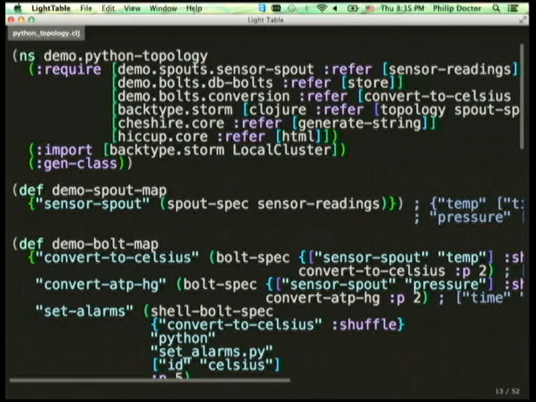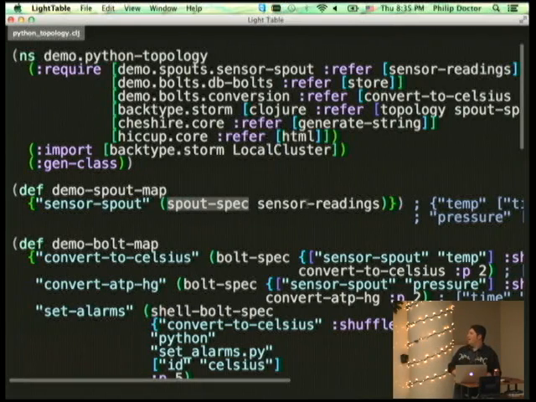So over here, we see the curly braces. Oh, maybe I should highlight code, that'd be better, rather than Phil pointing and stopping you guys from reading. Okay, so the curly braces mean we're in a dictionary. Well, that doesn't look so bad. The key to the dictionary is this string that says sensor spout, so I gave it a friendly name. And then what is the value? It's this spout spec thing, which is just the name of some macros. You don't have to worry about it. And then the implementation of that thing.